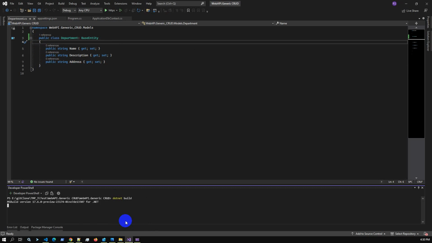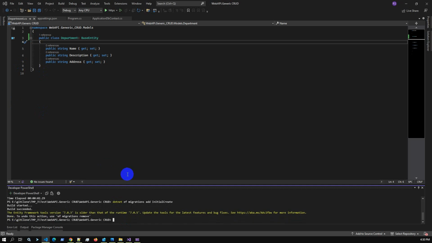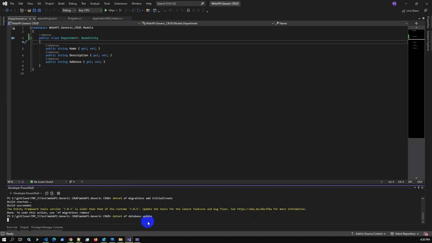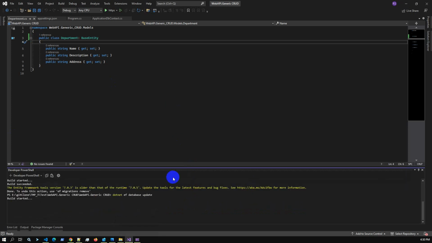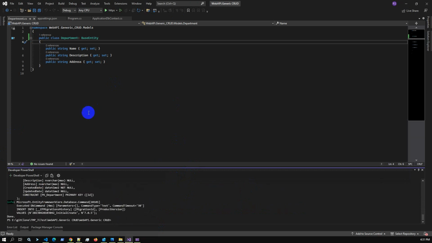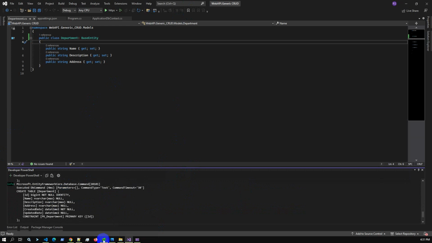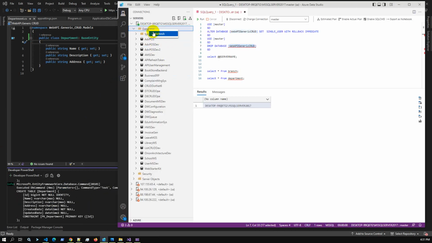dotnet build, and dotnet ef migrations add InitialCreate. So the migration has been successful. Now I will update the database using the dotnet Entity Framework Core database update. As we can see, the database update operation succeeded, and if we check for validation and refresh our database,